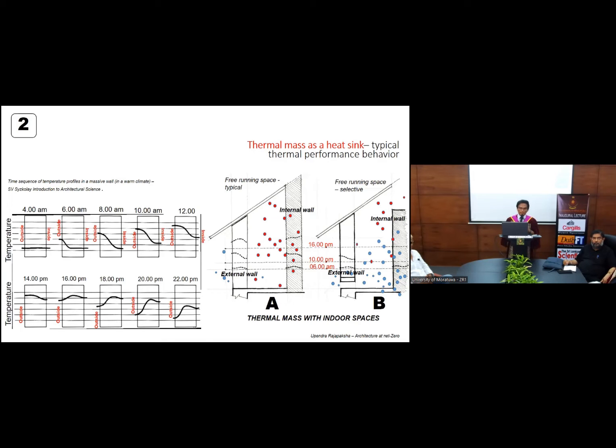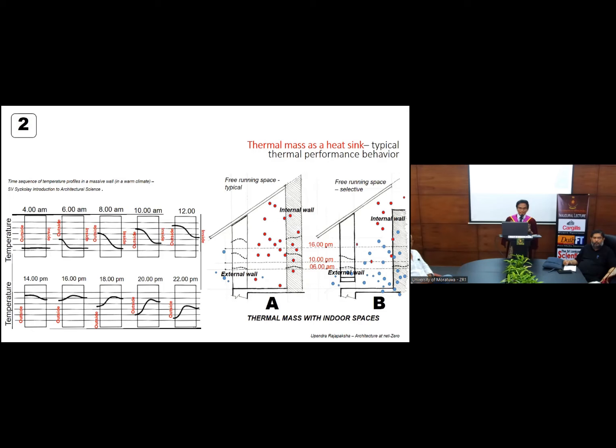When heat is transferred into the building, the internal thermal walls or internal thermal mass absorb this heat to the maximum level. And then after the saturation point, the heat will release back to the indoor space, making the indoor environment overheated. So this is the common scenario that we have in most of our buildings, most of our homes. Because at night, we close the windows, so we experience this throughout the year, except for a few rainy days. So the figure B has another alternative for that.